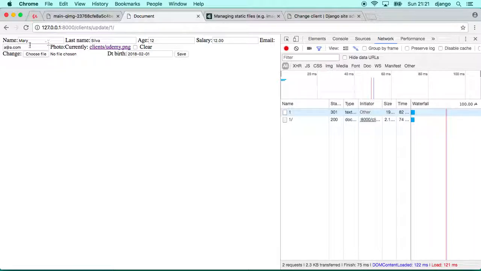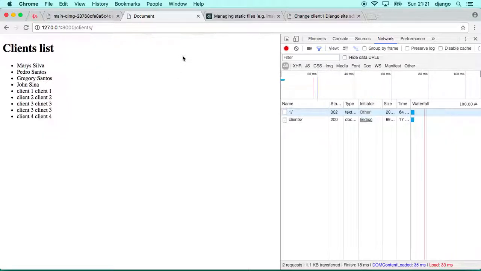Look, the Django just opened the page with the form already instantiated with Mary's client and all the information already set up. Very easy peasy, guys. So let's try to update the name. For example, I'll do Mary's, and then I'll click save, and here we go. We have Mary Silva already